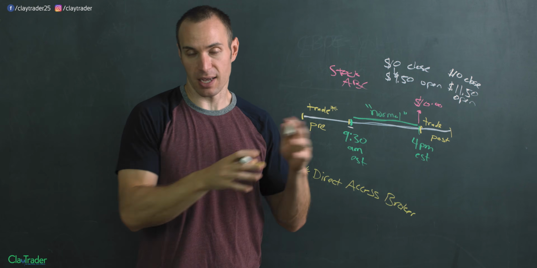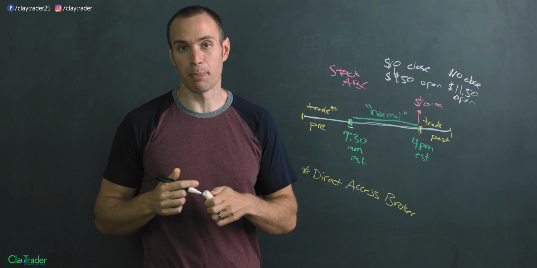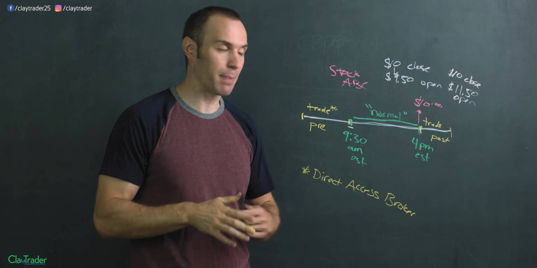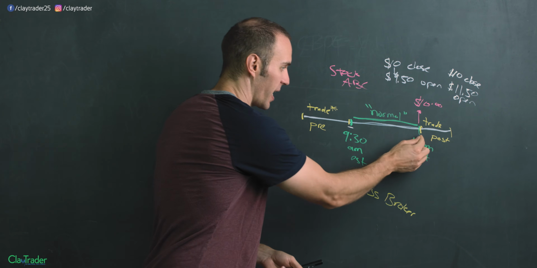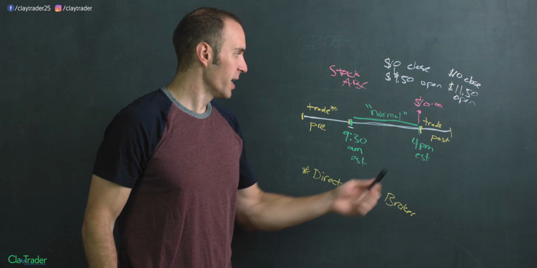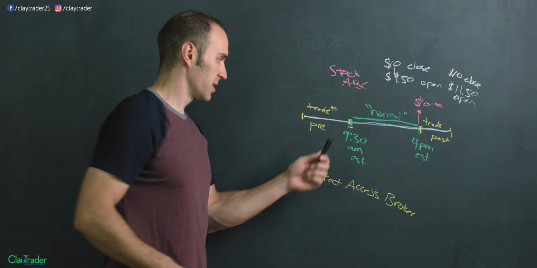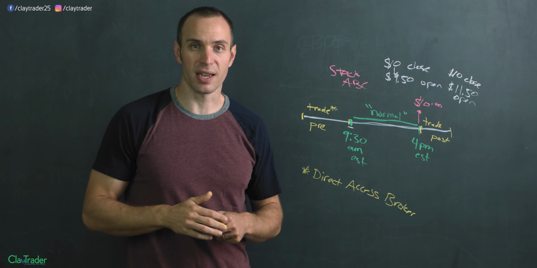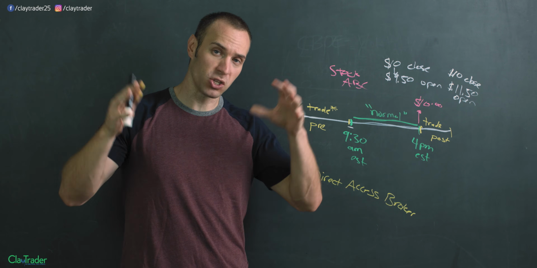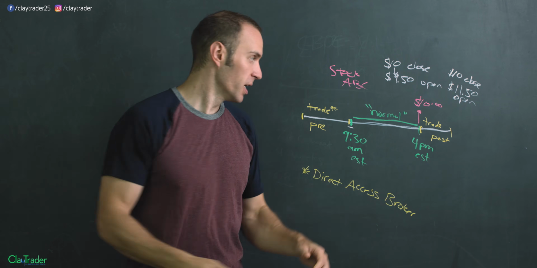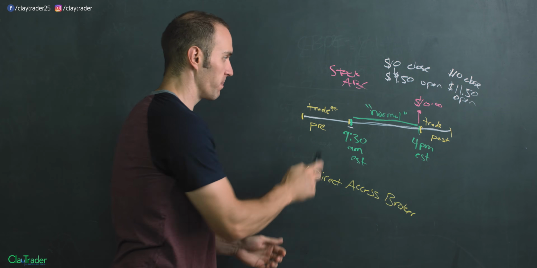Now, gappers can obviously be a gapper down or a gapper up. But as far as what a gap up or a gap down is concerned, that's what that is. All it means is what did a price close at from the official close of the market, and then what does it open up at the official open the next day. And that's going to determine whether it's a gap up or gap down. And then of course, what determines the actual gapping nature is everything that's occurring in post-market and pre-market.